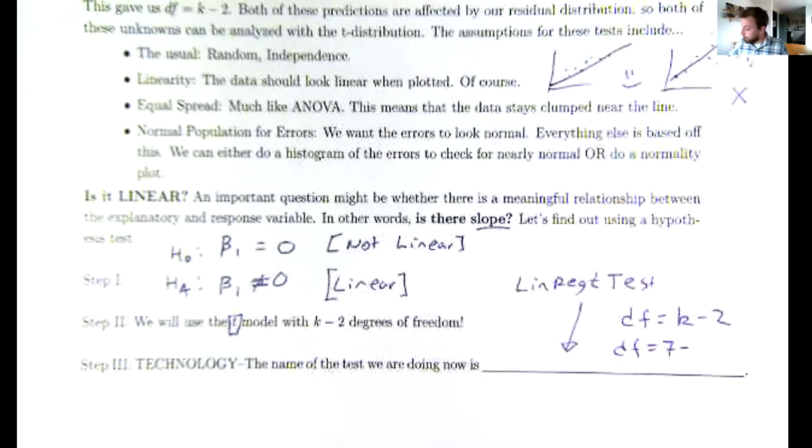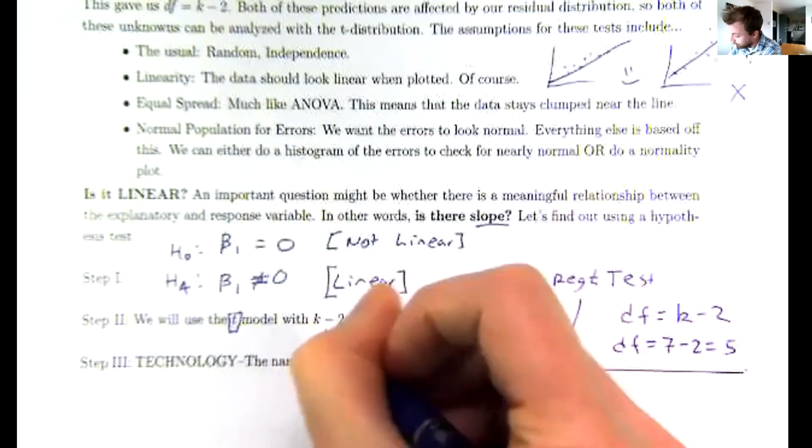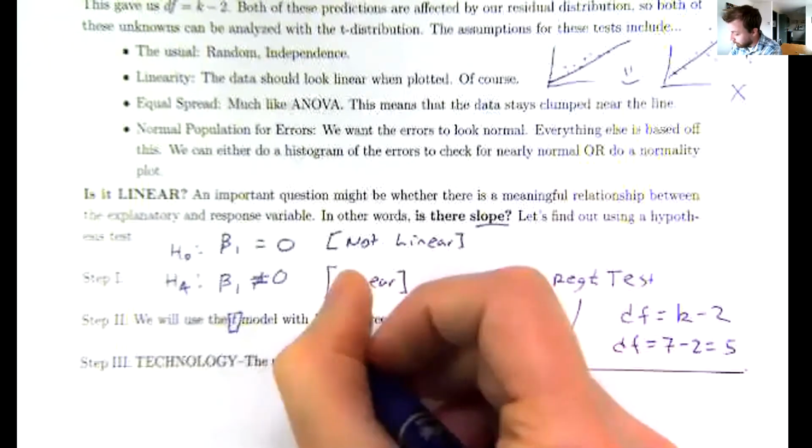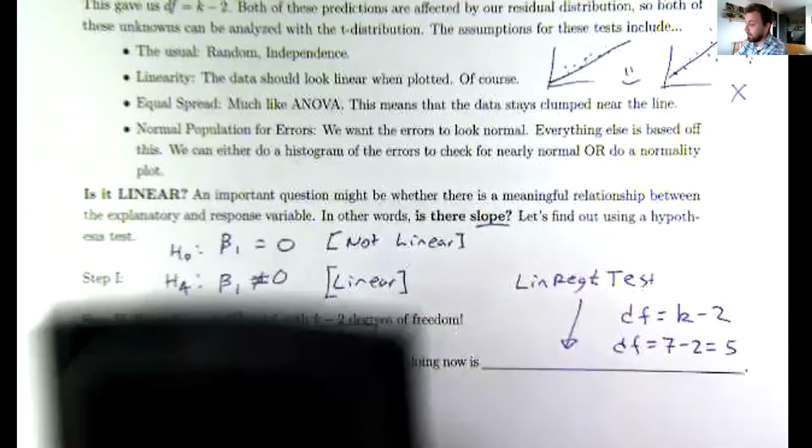So my degree of freedom should be 7 minus 2. I should have a DF of 5 as I'm working through this problem. If I know the name of the test, I can find it in the calculator pretty quickly. So in my TI-89,